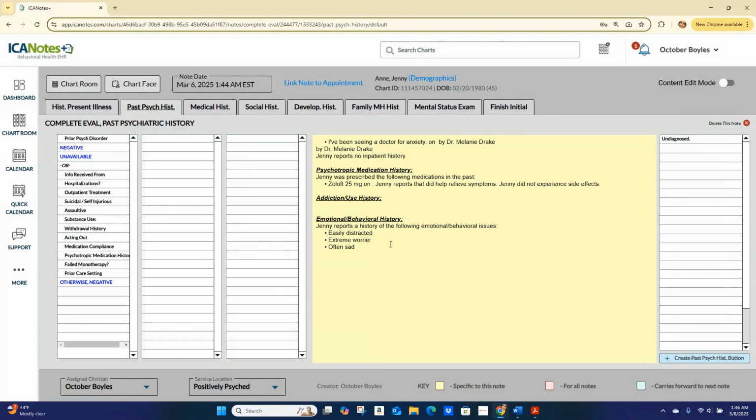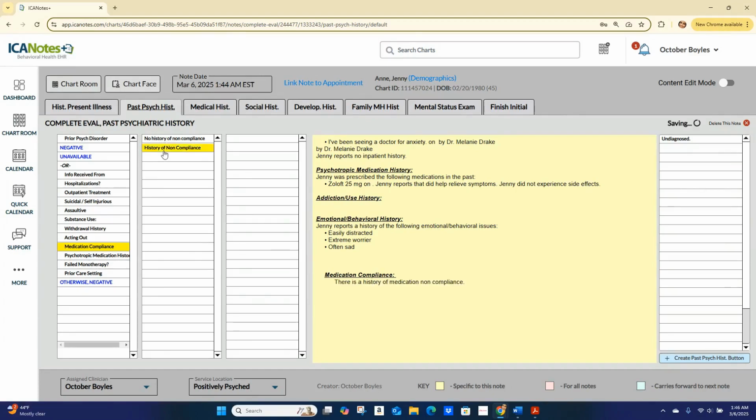And then she also reports the following emotional behavior issues. It's right in the note there. Now, if you were dealing with someone who is currently on psychiatric medication, you could address if they're medication compliant, like if there's no history of noncompliance or there is a history of noncompliance. You even have the ability to go in and talk about suicidal, self-injurious behavior, assaultive behavior, substance use, withdrawal, all of those things in